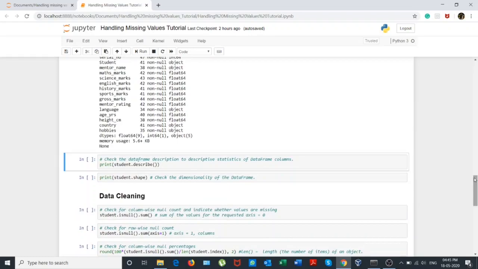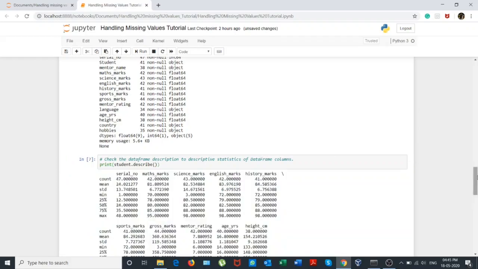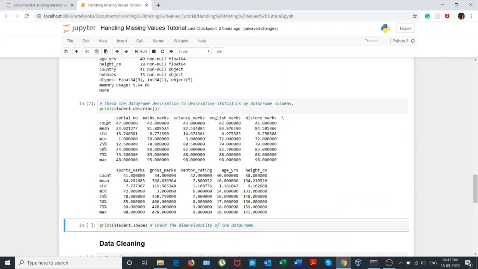Moving forward, we will use another functionality of pandas which is .describe, which gives us descriptive statistics of the data frame columns, and we will see that it has given us column wise count, mean, standard deviation, minimum, 25%, 50%, 75%, and maximum.